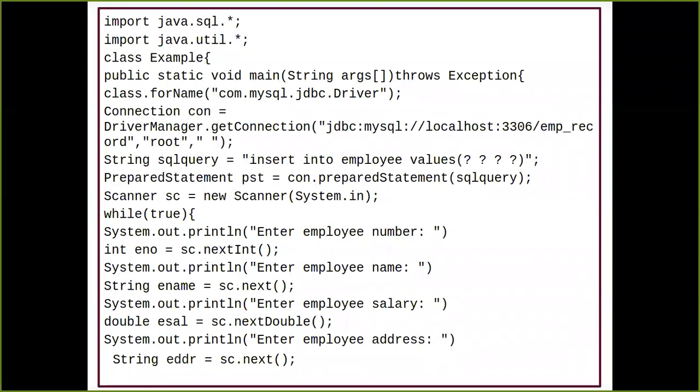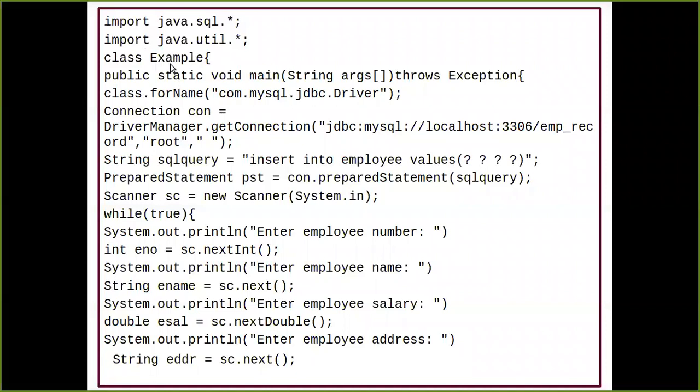Okay, so directly we will switch to the example where you can understand better than the interface, using the statement interface example which we have studied in the last lecture. What is going to be the difference between that example and this example, we are going to learn today. So the very first task we have to do in a program is importing your sql.* package. And we are going to have the util.* package also, for what reason I'm going to tell you in the coming statements which we are going to learn one by one.